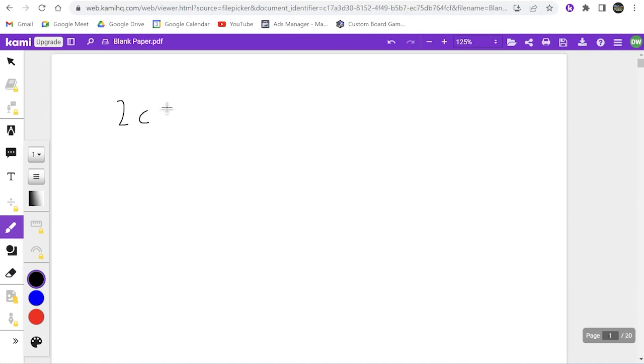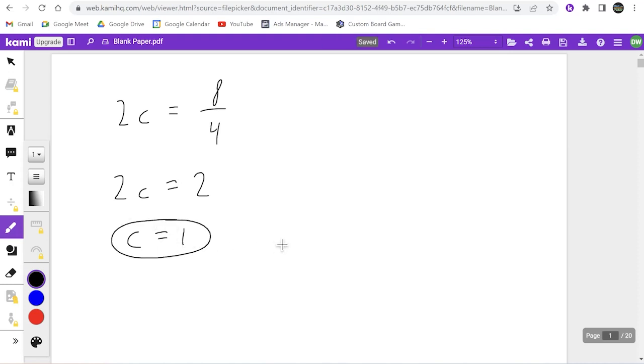We have 2c equals numerator 8, denominator 3 plus 1 is 4. So it looks like 2c equals 2, c equals 1. There's your answer. Oh, and by the way, if you ever got an answer, like this is just one answer,